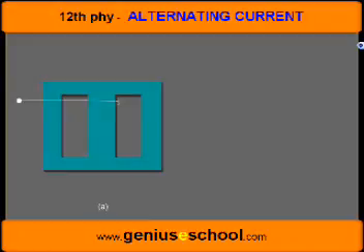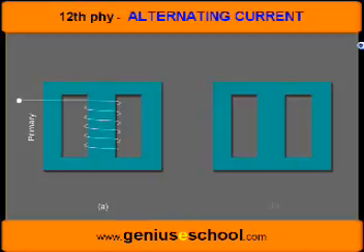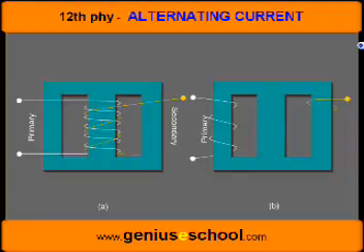In a transformer, when an alternating voltage is applied to the primary, the resulting current produces an alternating magnetic flux which links the secondary and induces an EMF in it. The value of EMF depends on the number of turns in the secondary. Thus, the transformer may have an efficiency of more than 95%. Thus, Ip by Is is equal to Vs by Vp is equal to